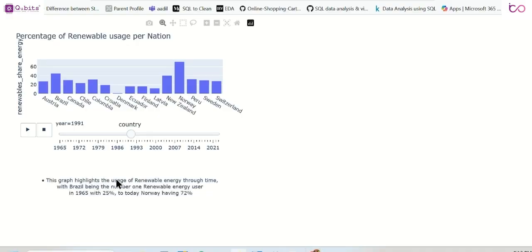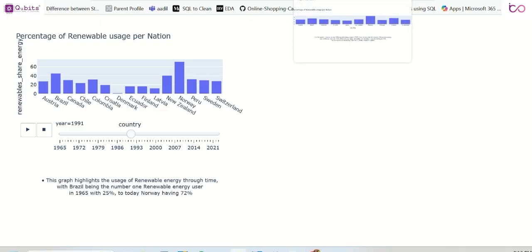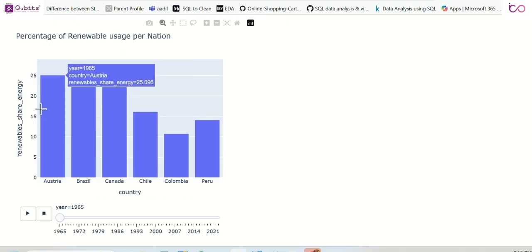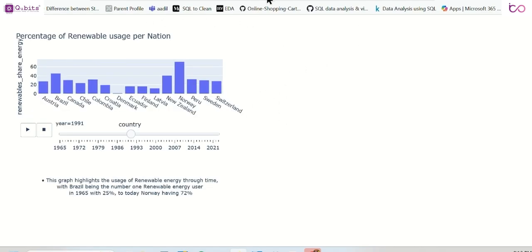Here we can see that this graph highlights the usage of renewable energy through time, with Brazil being the number one renewable energy user in 1965 with 25%, to today where it's Norway. Here is an enlarged example of the graph. It's the same graph, but it's enlarged so that it's easier for us